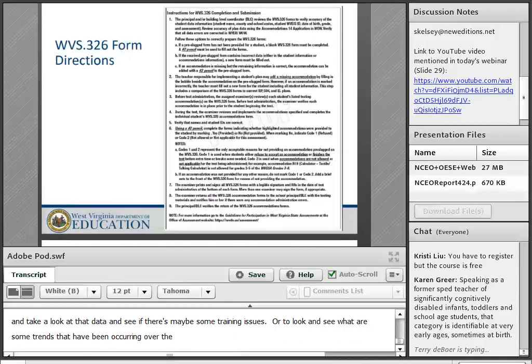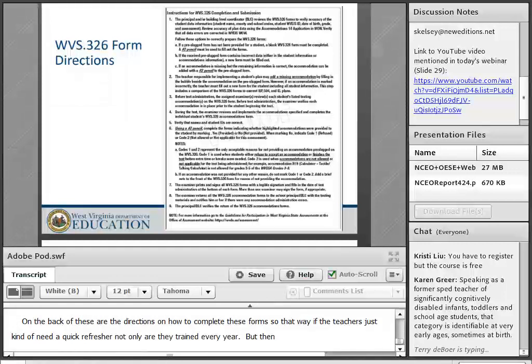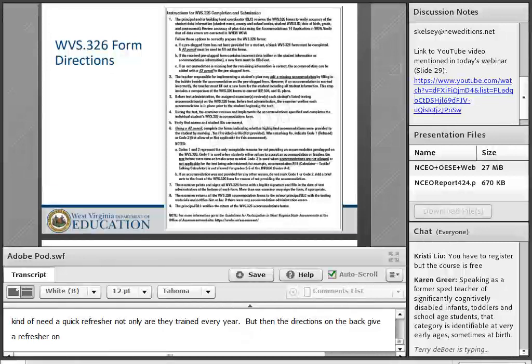On the back of these are the directions on how to complete these forms, so that if the teachers just need a quick refresher, not only are they trained every year, but the directions on the back will provide a quick refresher on what they need to do with it. So this is what we currently are using, this paper form, which is a step up from what it used